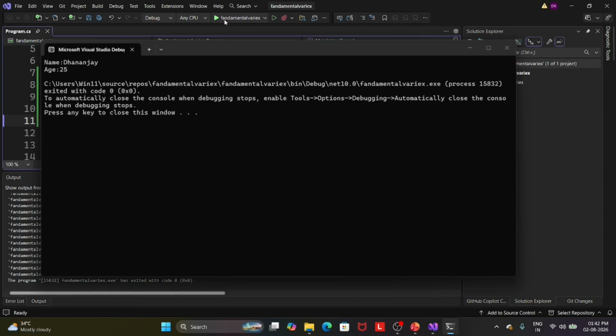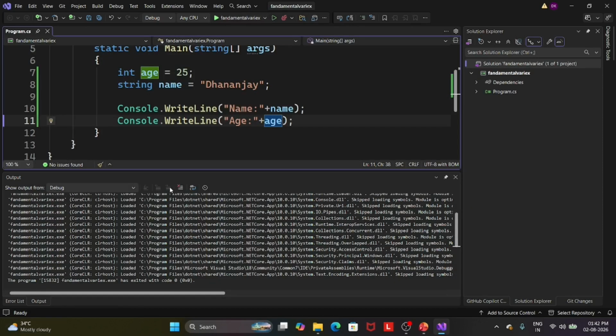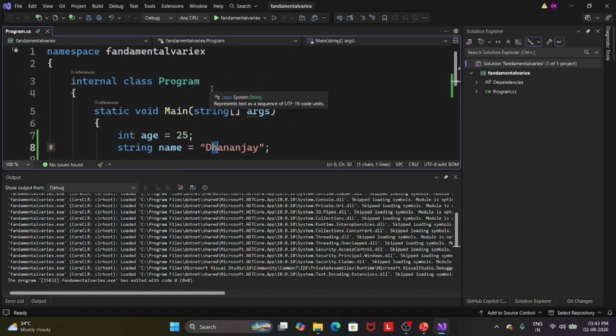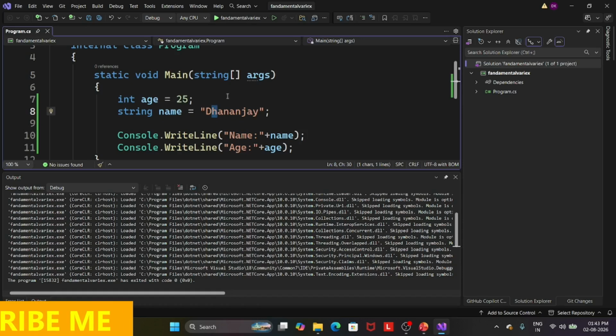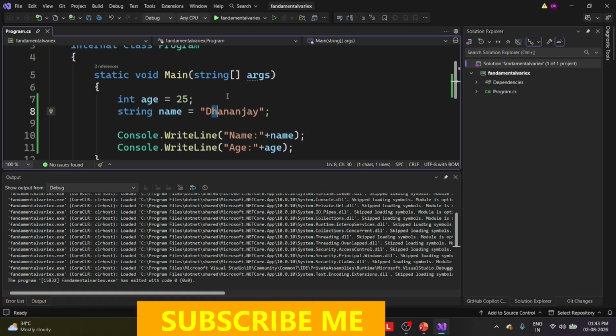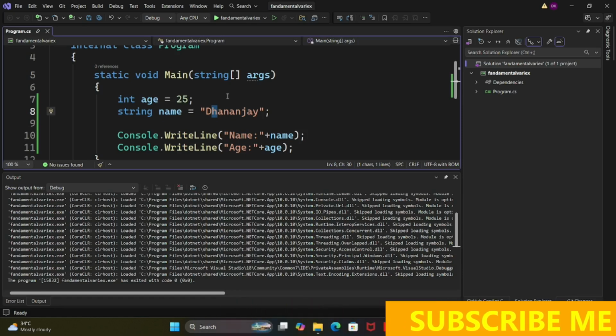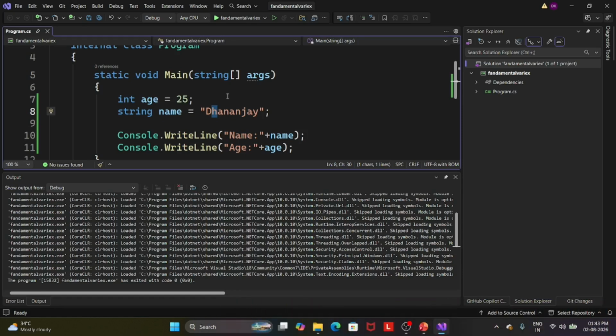Understand that? So here we have seen that a variable must begin with a letter or underscore, cannot contain a space, cannot use a C# reserved keyword, and it is case sensitive.